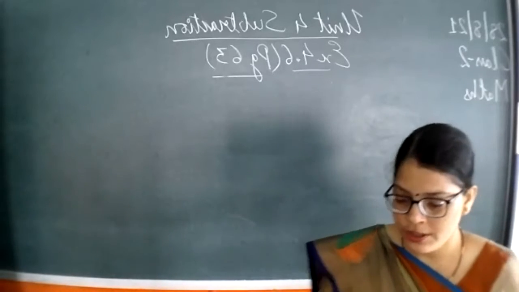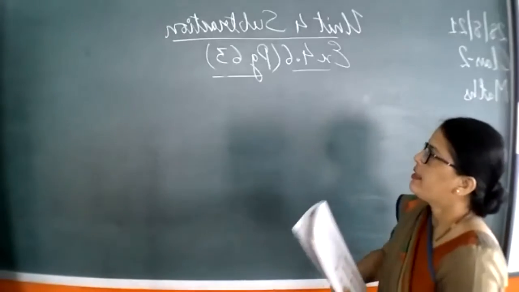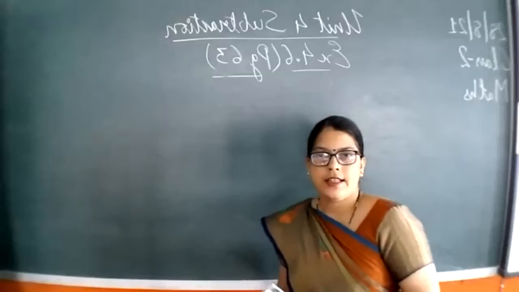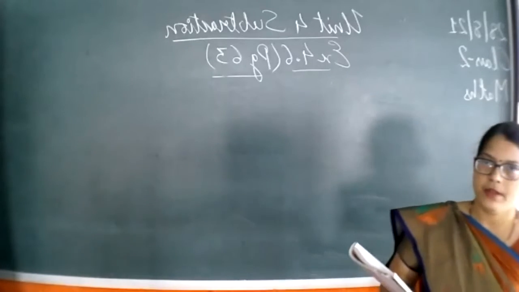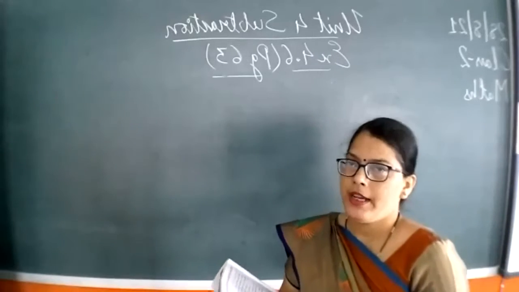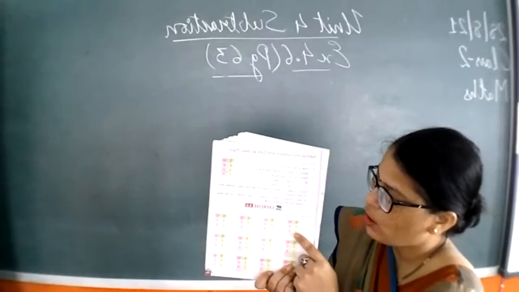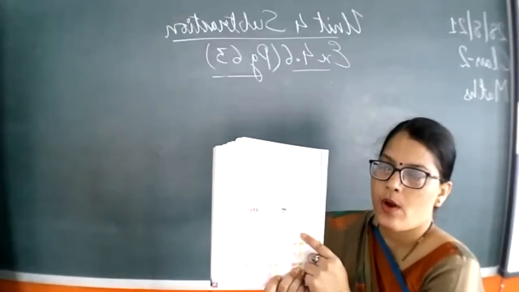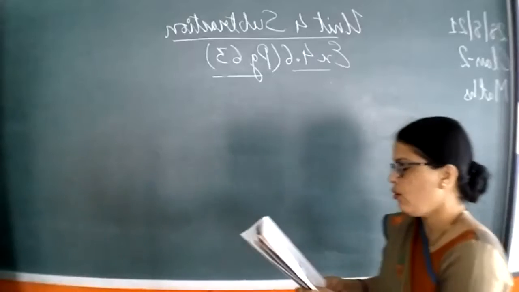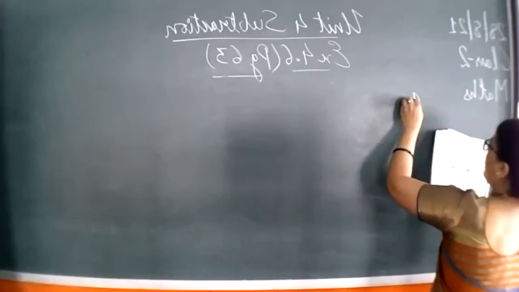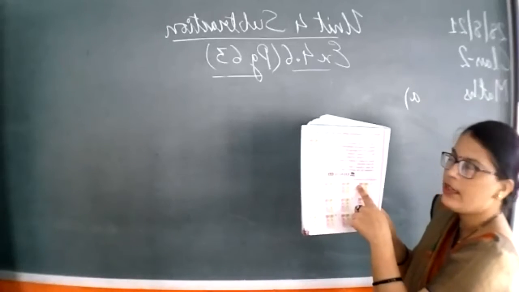So children, be ready with your books, all of you. Open page number 63 and be ready with your required stationery. Take pencil, eraser, sharpener and be ready. With me, you have to write all these answers. One by one I will be solving and explaining, and you have to copy it down in your book. I'm not writing tens and ones, I'm just writing the numbers.